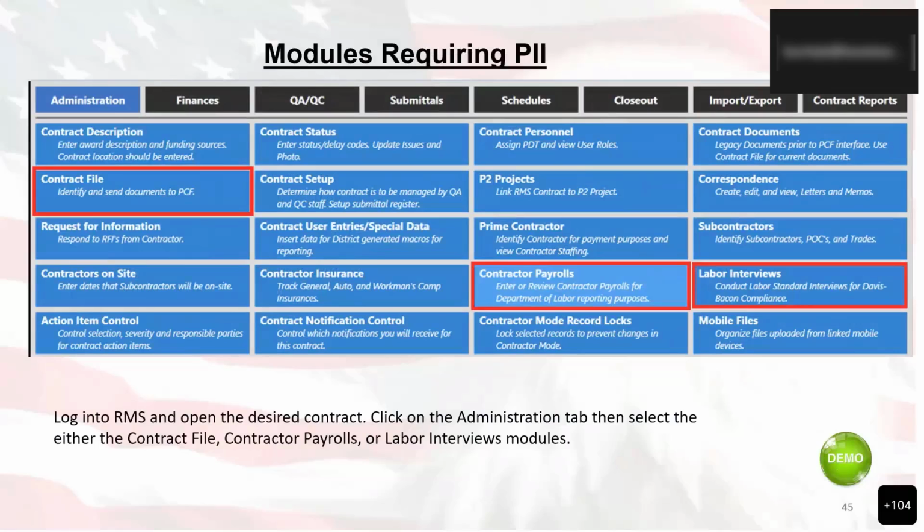So access to these modules has been limited to users who have completed the UPass PII training. Users that log into RMS using a CAC will have access to these three modules: the contract file, contractor payrolls, and labor interviews. However, RMS 3 government mode, controlled unclassified information users who log in with a username and password must submit PII training certification proof to the PII admin for users in the district to obtain access to this